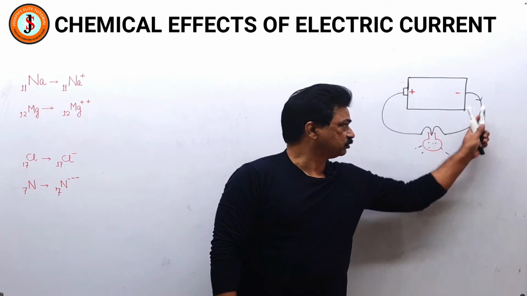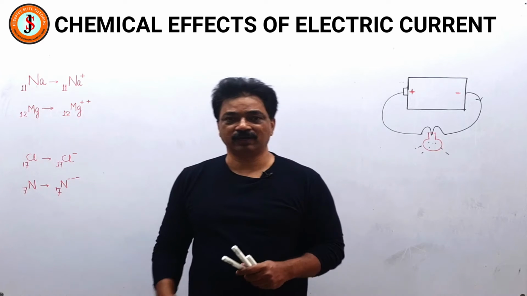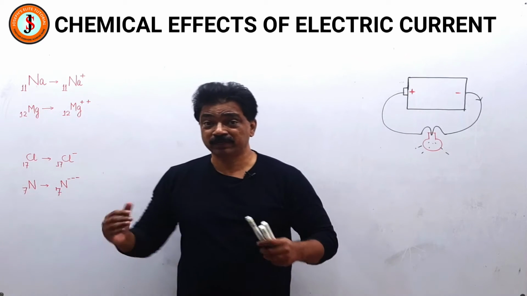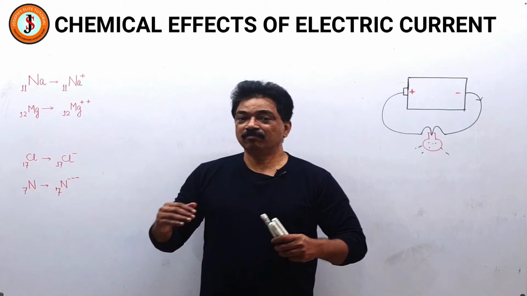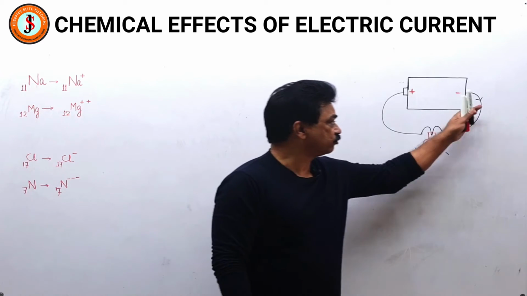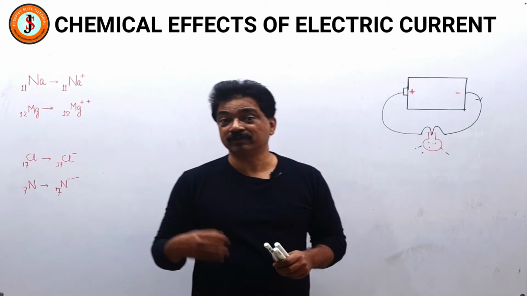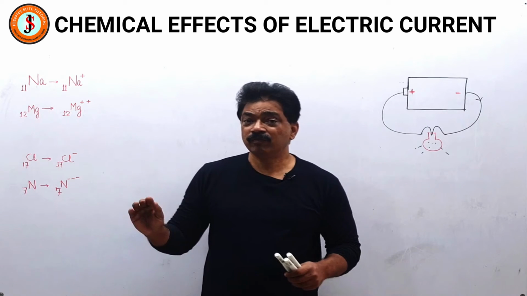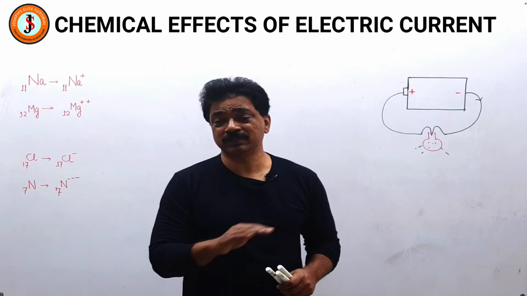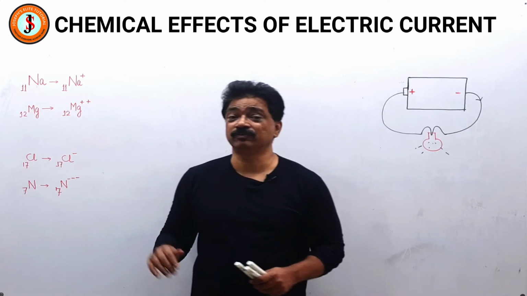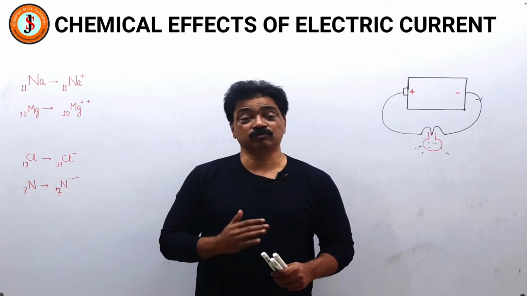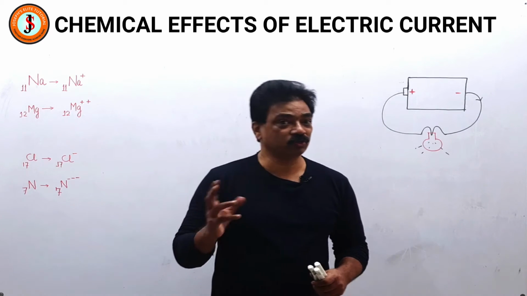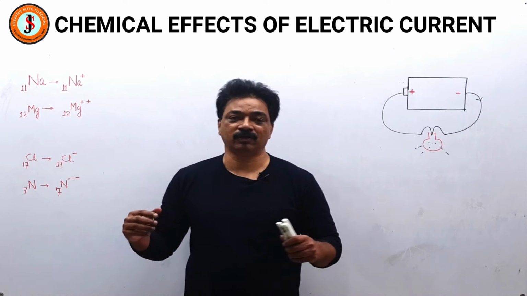So the materials through which electrons can flow are called conductors. Gold, silver, copper, that means metal wires, are conductors. In a metallic conductor, electrons flow, and flow of electrons constitutes electric current. So that you have to know. Wherever there is electricity flowing, that means electrons are flowing. And those materials which can allow electrons or charges to flow through them are called conductors.